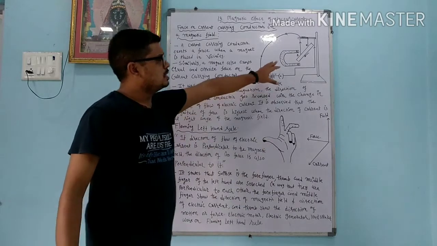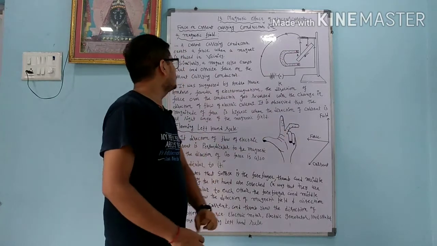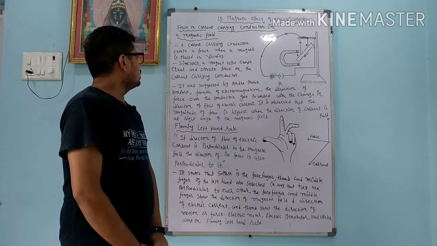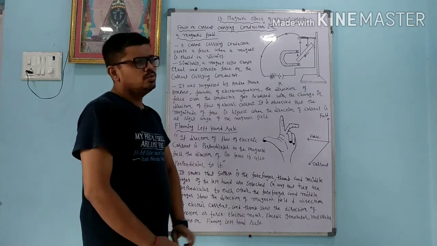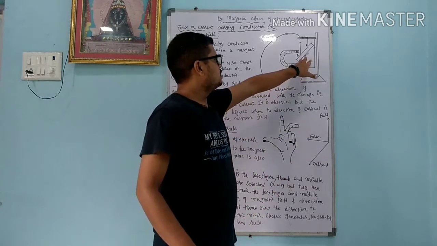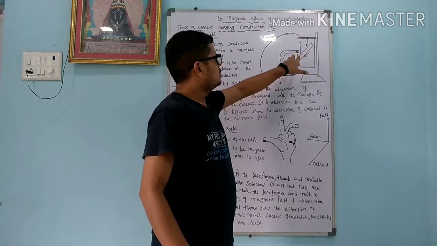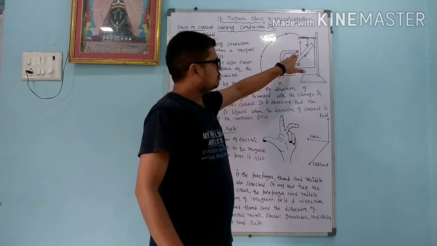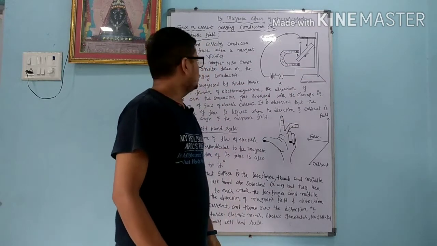So here also force is produced, and that force is of two types. One is either the attraction force or the repulsion force. Similarly, a magnet also exerts an equal and opposite force on the current carrying conductor. So two types of force are there. The first force is exerted by the electromagnet, this metal strip or metal rod, and the second force is exerted by the horseshoe magnet or bar magnet on the conductor.